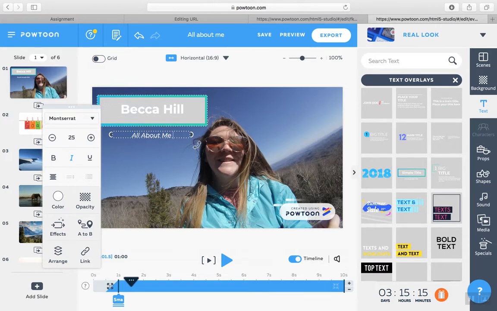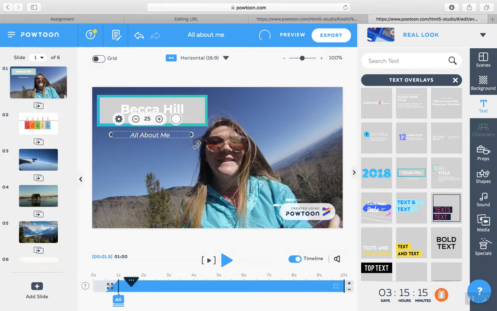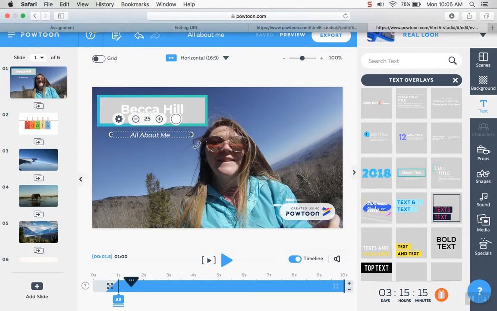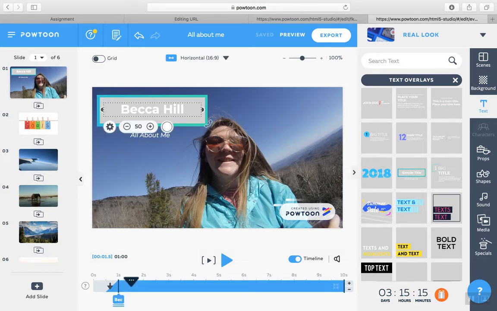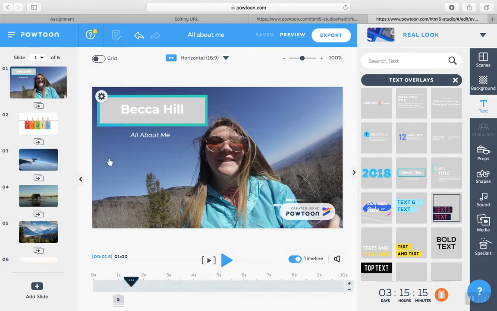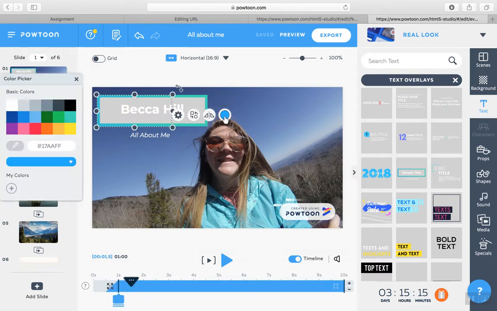So say we don't like, or you don't like, the outline of the box, the blue and green outline of the title box. You can select it. There we go. And change the color of it. So say you want it to be a little bit darker and change it to gray